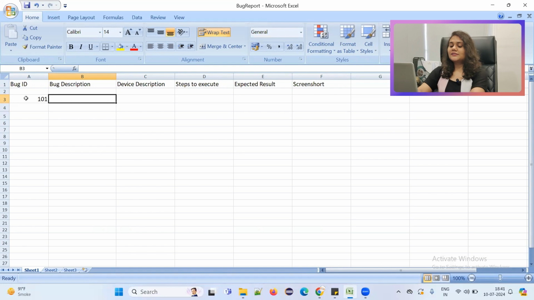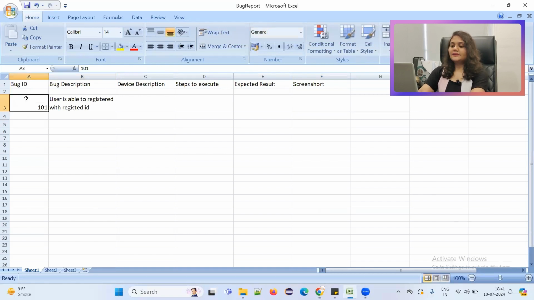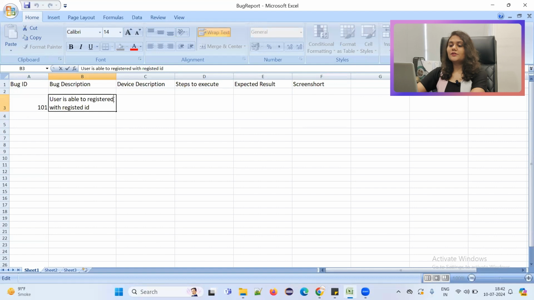I will write the bug description: user is able to create account with registered email ID.